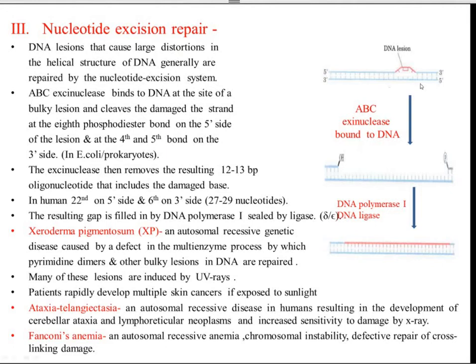So now this is what happens. Okay? Nucleotide excision repair. This is what happens. Now this is the newly formed DNA. This is the parental DNA. Now, primers or a DNA lesion has occurred. Wrong base has been formed. There is a modification of the base. Once this happens, a large distortion can take place over here